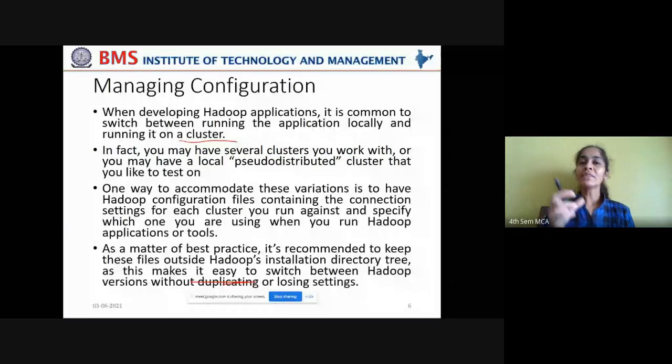Now, if you add some more extra features, then those features have to be run at the local level first, and only then can they be transported to the cluster level. So you have to switch between the cluster and the local environments. That is why we say this. When developing Hadoop applications, it is common to switch between running the application on your local machine and running it on a